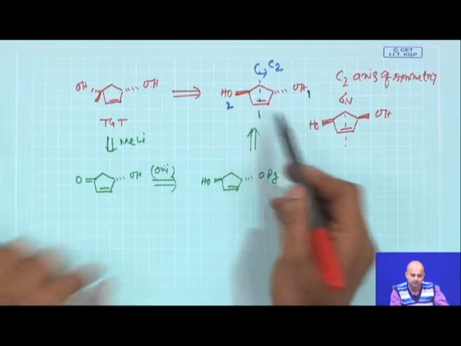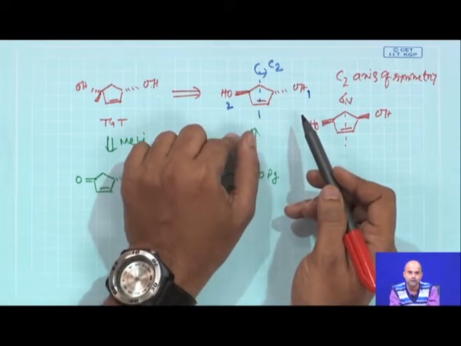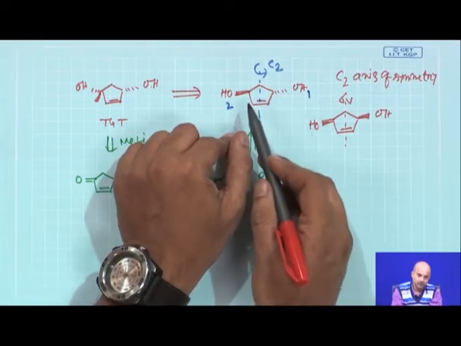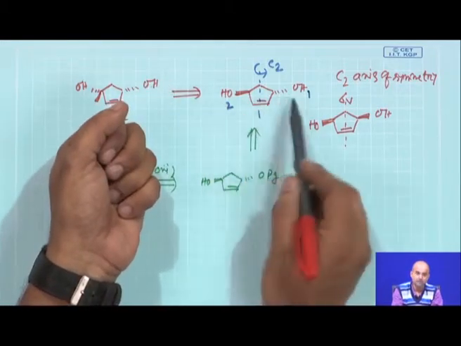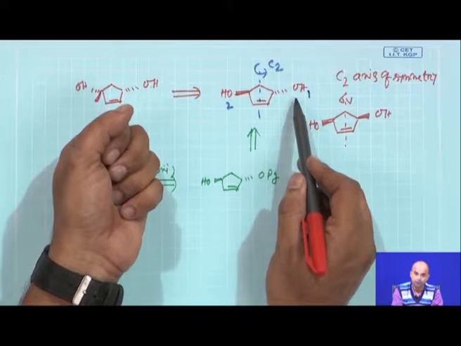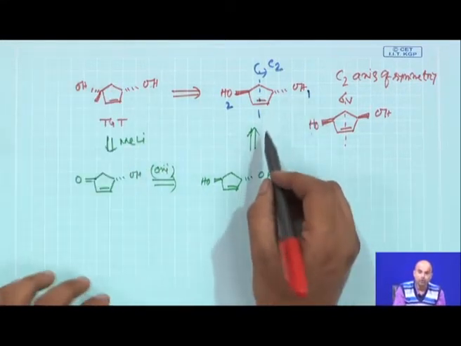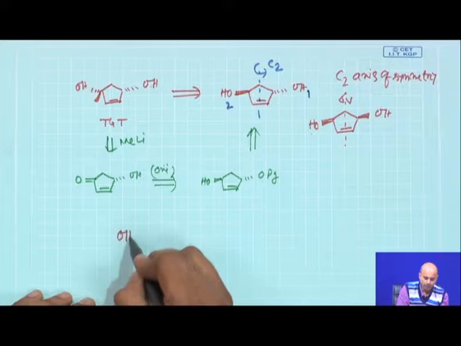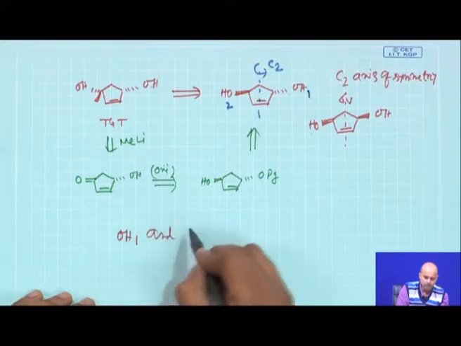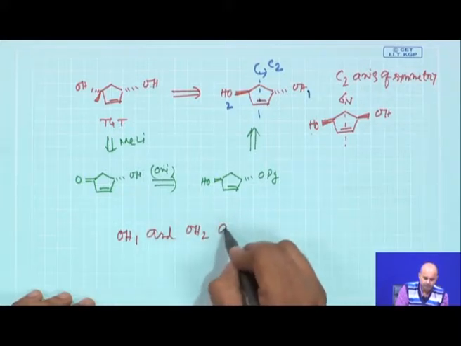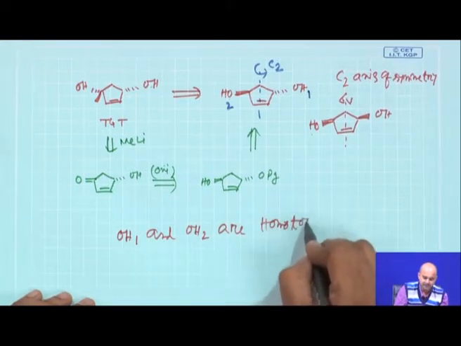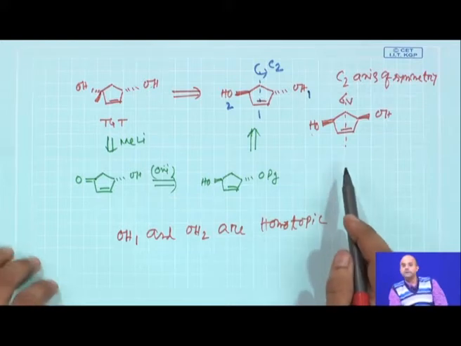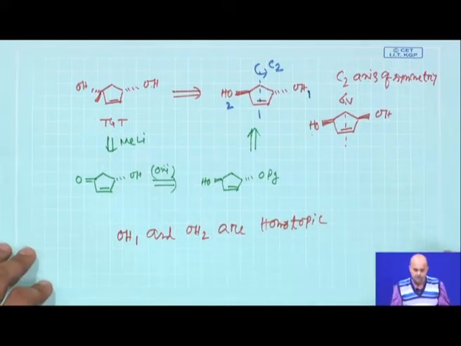Now, C2 symmetry means if you rotate this compound 180 degrees around this axis, you get the same compound. That is why these two OH are chemically equivalent, and they are termed as homotopic. So, I say OH1 and OH2 are homotopic. Now, homotopic means they are identical. We will be discussing this strategy a little bit later on when we talk about stereochemical strategies. So, now what we say,